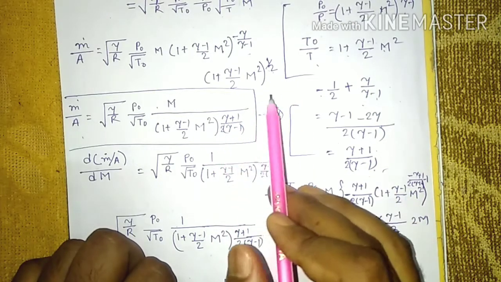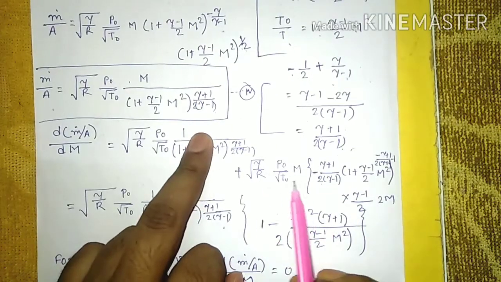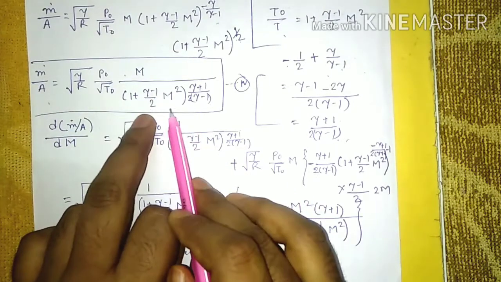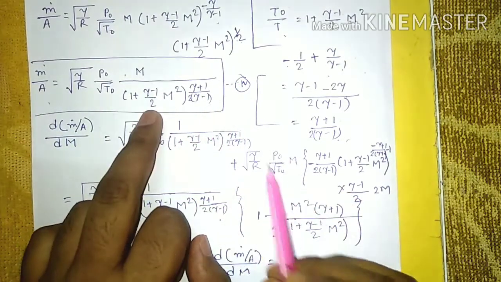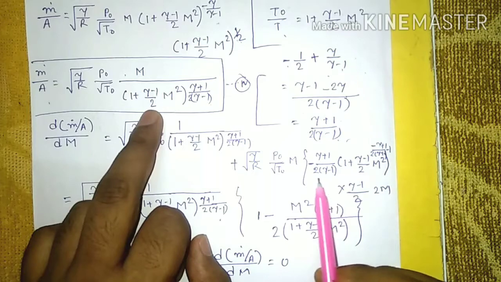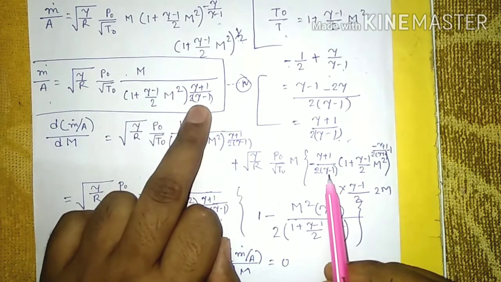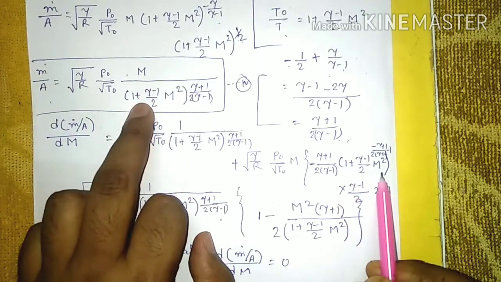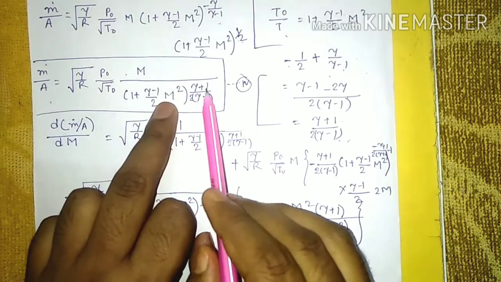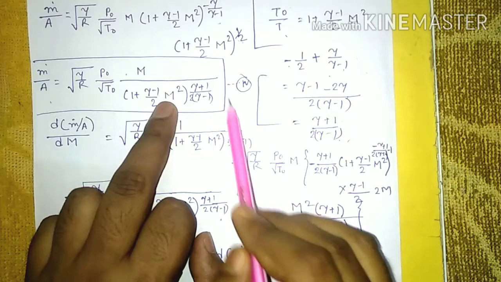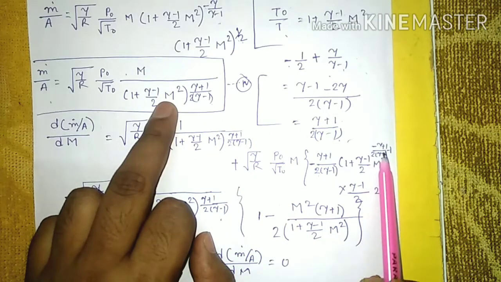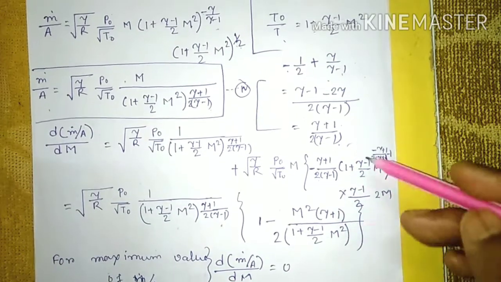So x to the power minus n differentiates to minus n into x to the power n minus 1, and n minus 1 means this one minus 1, so that will be minus (gamma plus 1) by 2 into (gamma minus 1), minus 1, into